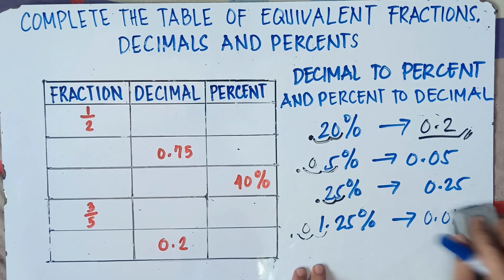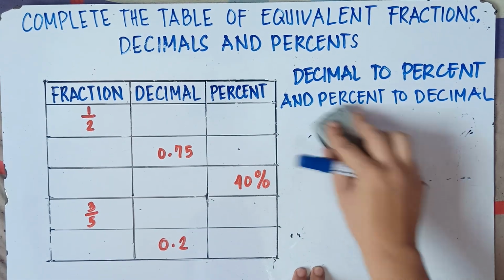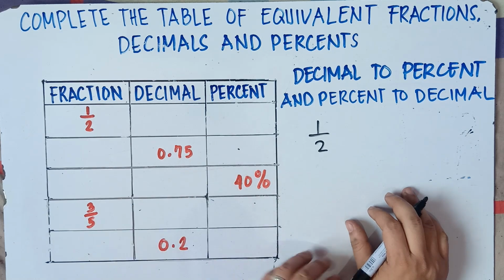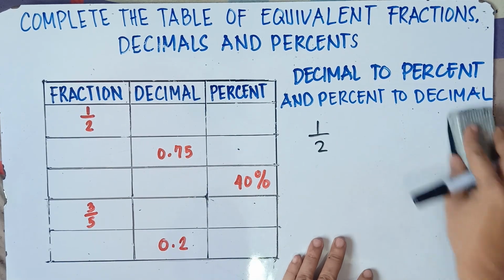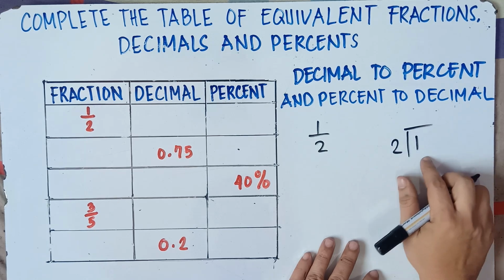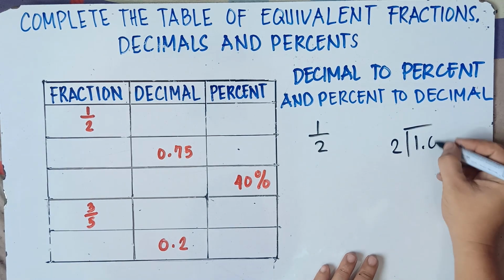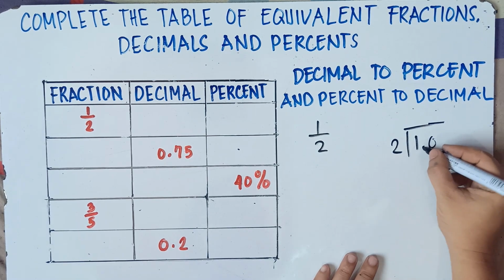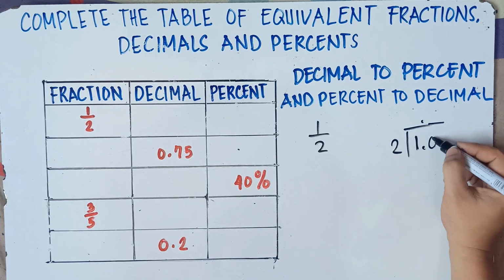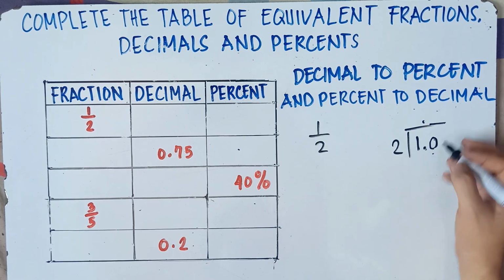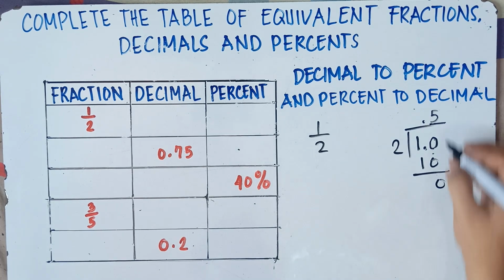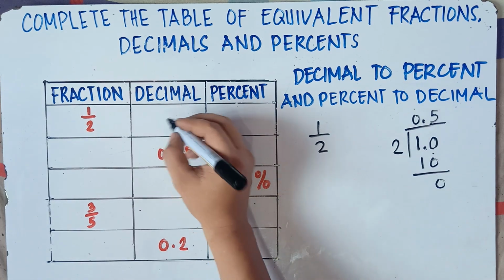1/2. What is 1/2 in decimal? Of course, you know that that would be 0.5, right? There are some students who know that 1/2 would be 0.5. But let's have the solution. So 1 divided by 2, that cannot be. We add 0 here. We add 1, 0, and then you copy this point on top. You align. And then you think of this one as 10. Then 10 divided by 2, that's 5. 5 times 2, that's 10. Subtract, that would be 0. So that would be 0.5. So this is 0.5 for our answer.